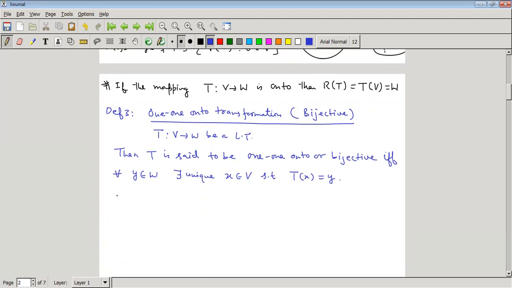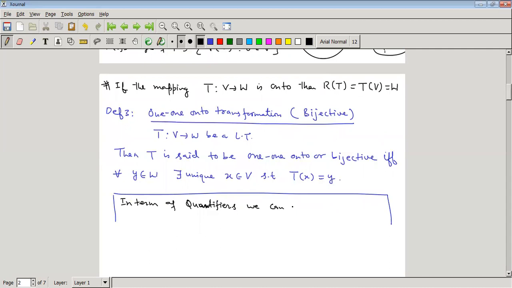But in terms of quantifiers, how can we define it? This is very important. So in terms of quantifiers, we can write